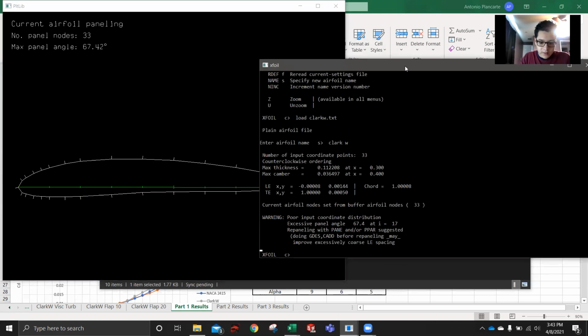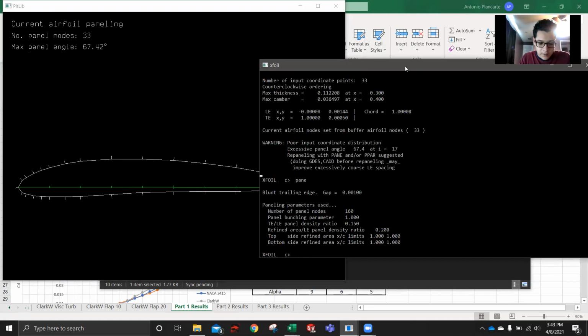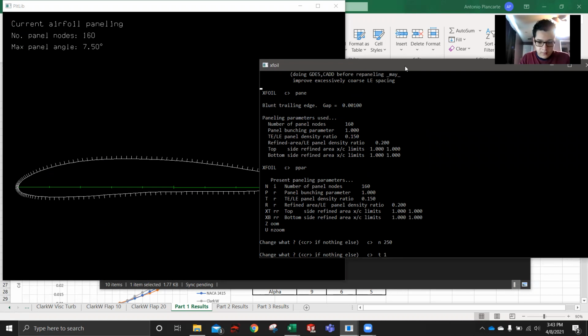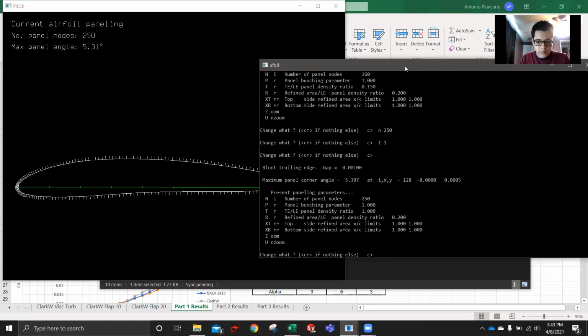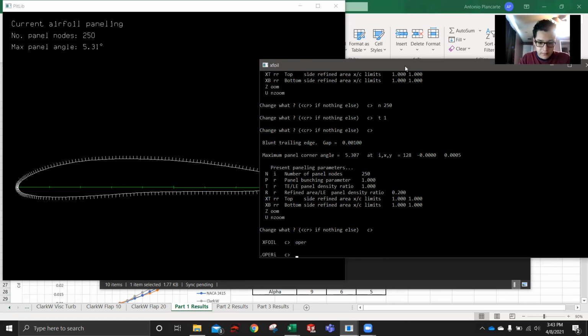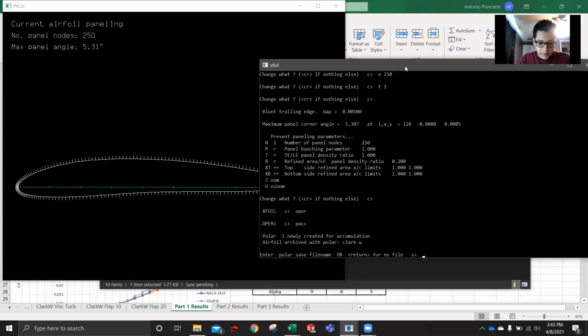And we're going to go ahead and PANE, and then PPAR to change the nodes, so 250, and then the density ratio 1. So you change it there, and that's it for that one. We'll go ahead to operations. And then the first part of part 2 is with inviscid flow. So we'll keep it here, and we'll do the same thing. So PPAC, and we'll call it Clark W